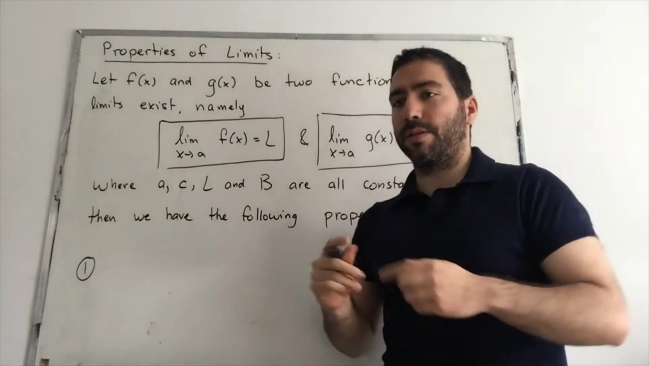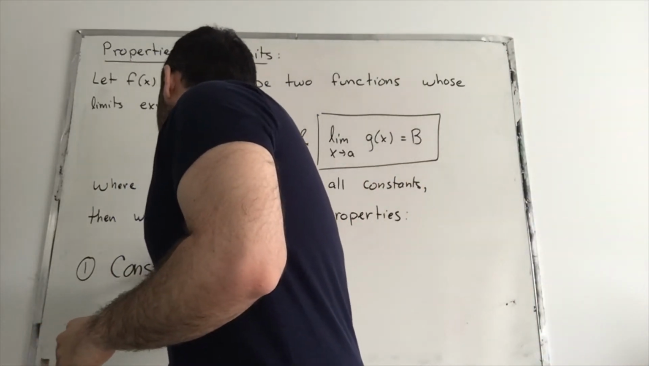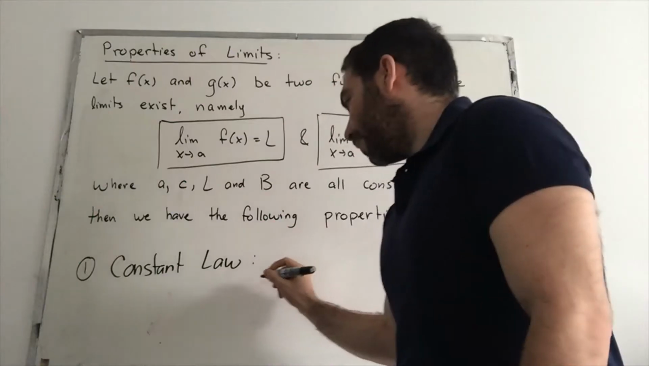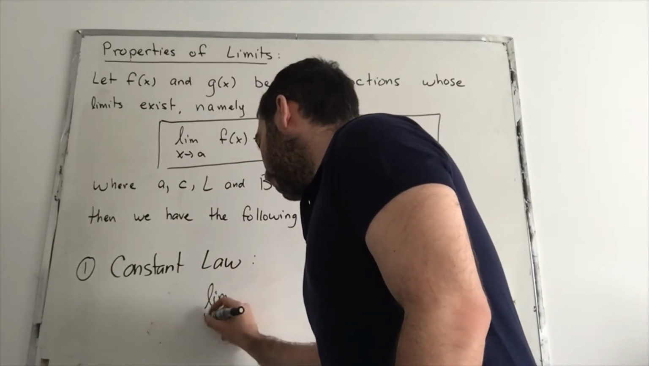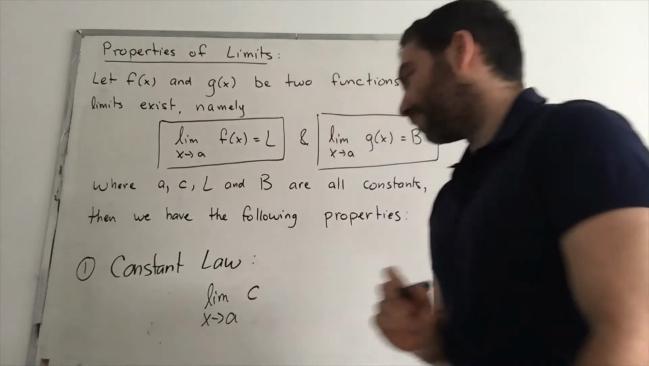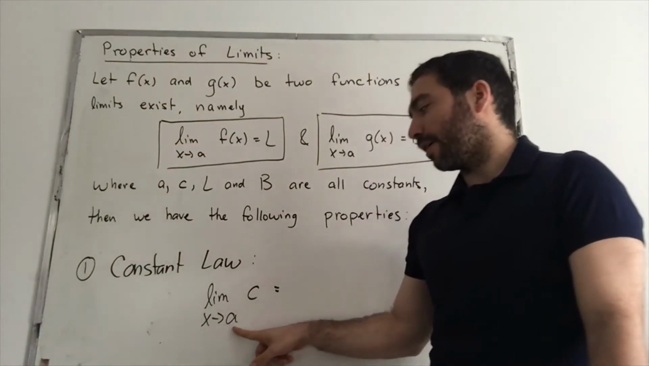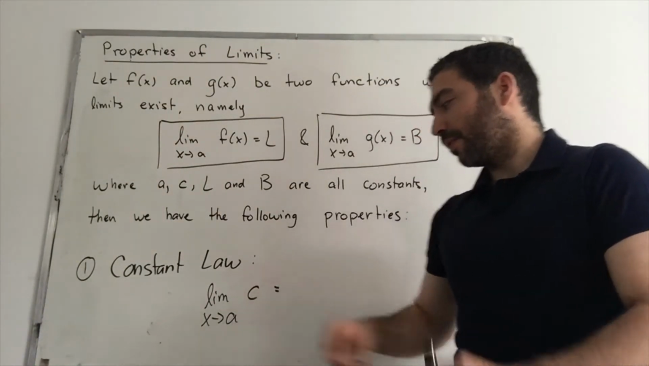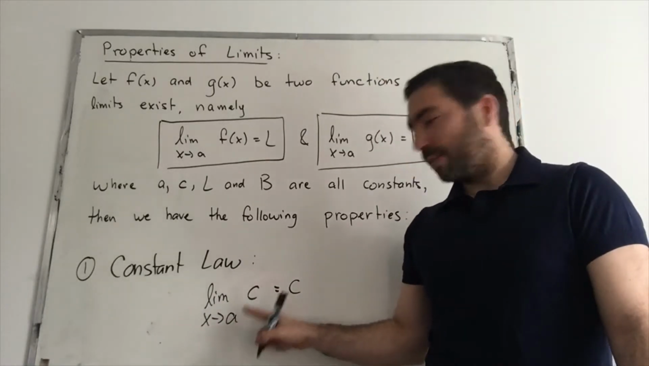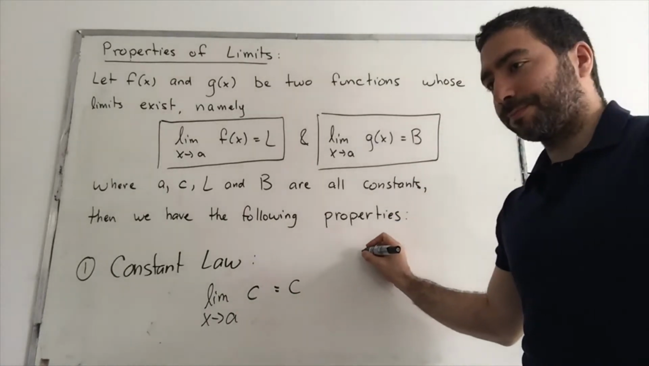So the first property is called the constant law. Let's write that down. Constant law. And the property is the limit as x approaches some number a of a constant c. What is that equal to? Well, this is saying that x tends to a, but if you're considering just a constant, then this will always be c. Essentially your x is being replaced by a, but in the constant there's no x, so we leave it as c. In a sense, we could think of it as a function